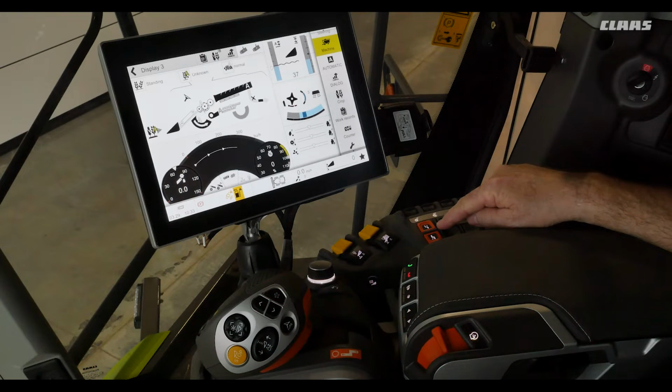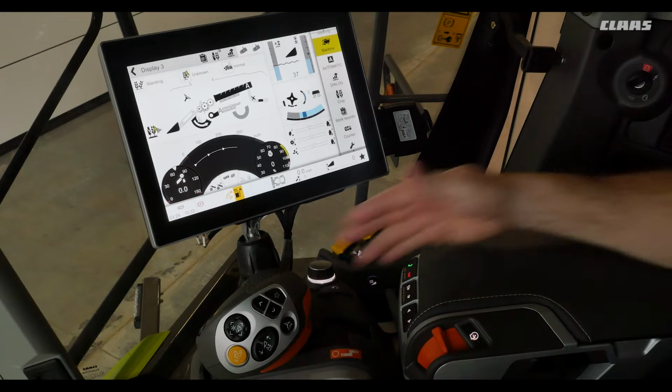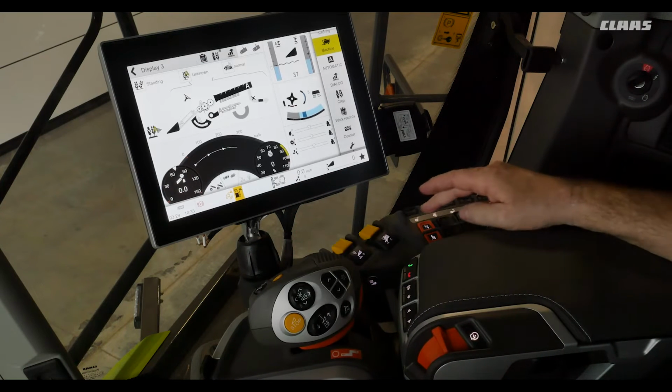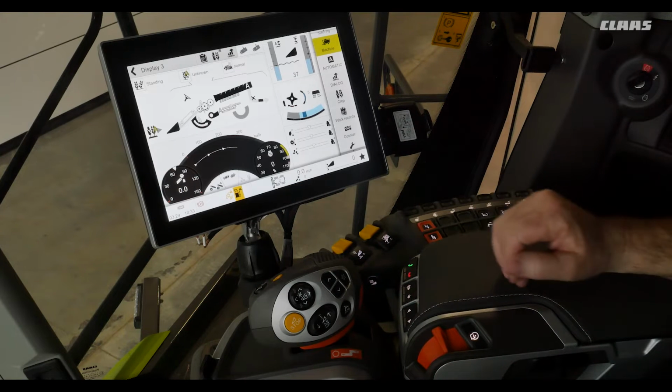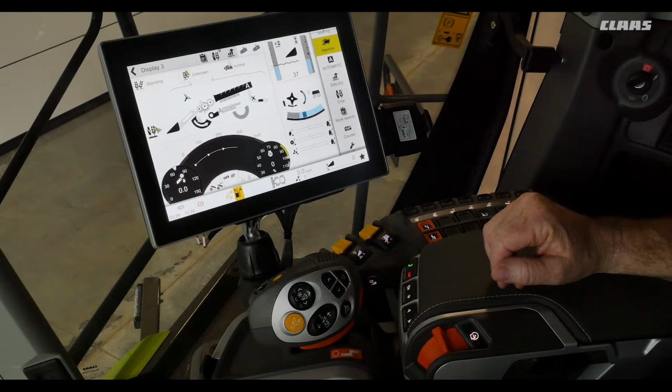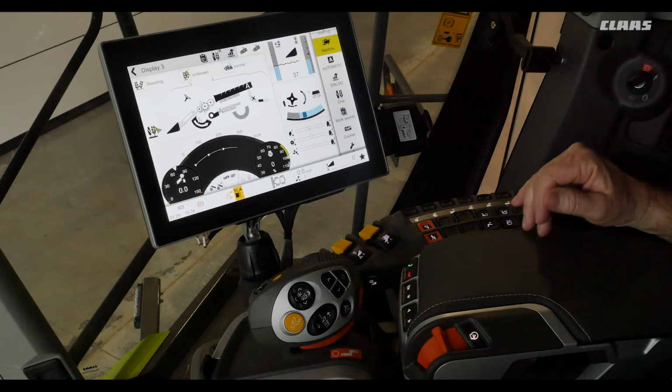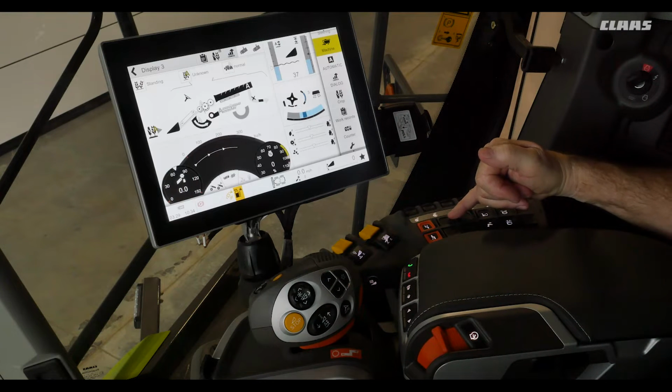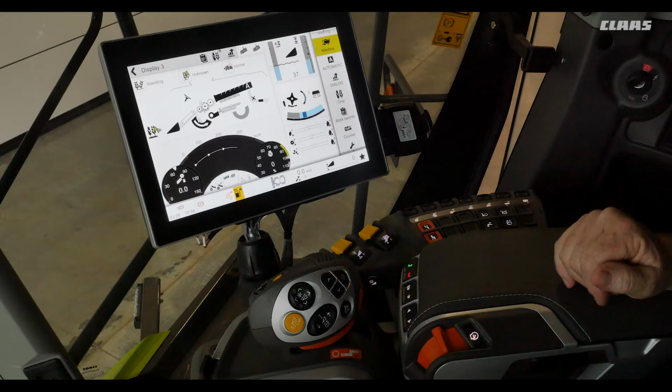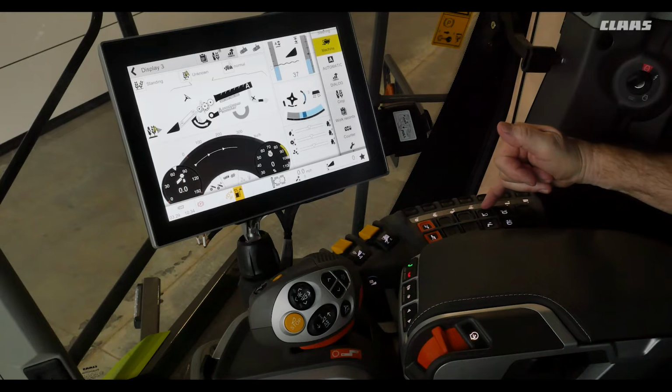As well, right here in the orange buttons, we do have the shift buttons. No longer is it necessary to push and hold the brake. All we do is make sure that we are in neutral, and we either tap upwards or downwards, and you will see the shifter change from low to high or high to low. Beside that, we do have four-wheel drive if it is equipped, and diff lock, shear bars for the header,